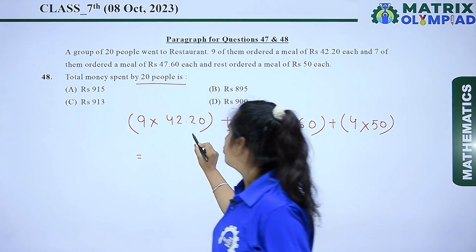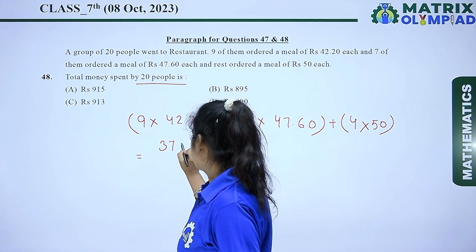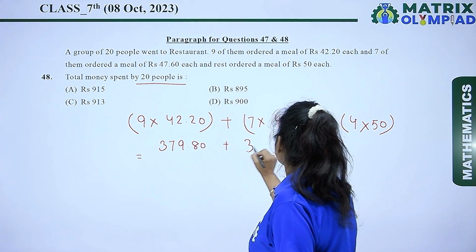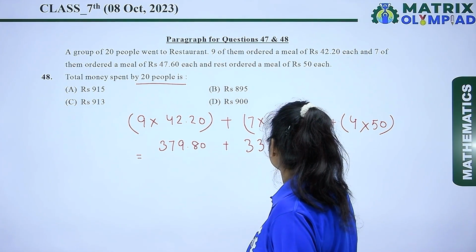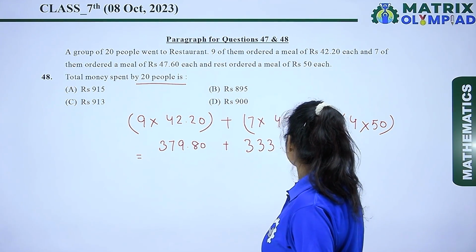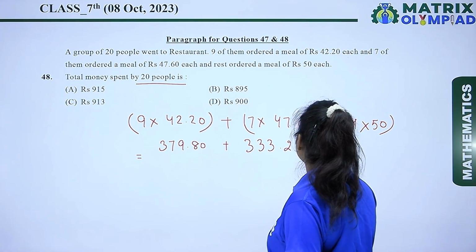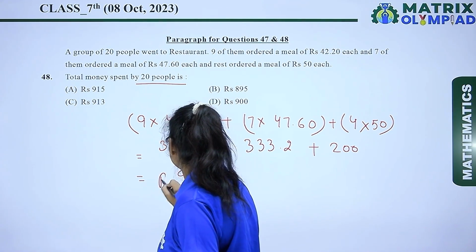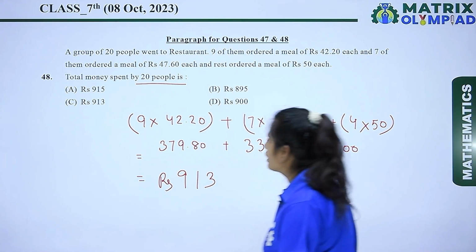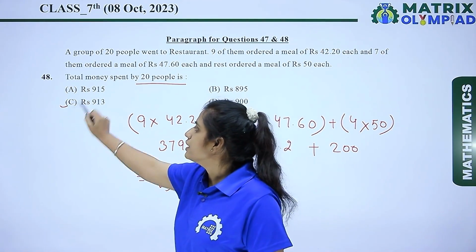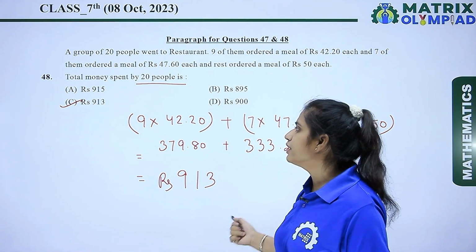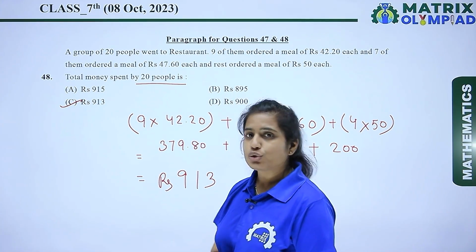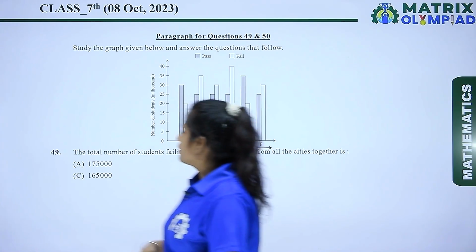9 multiplied by 42.20 is 379.80 plus 333.2 plus 200. So here we get the total amount of rupees 913. So here we get option C, the correct answer. So 913 is the total amount spent by 20 people. Now let's solve the next question. The next question is